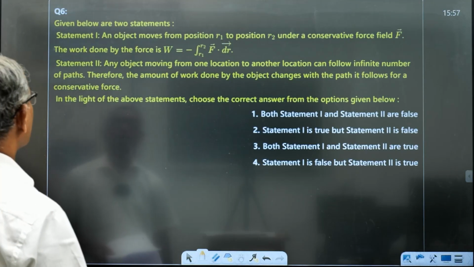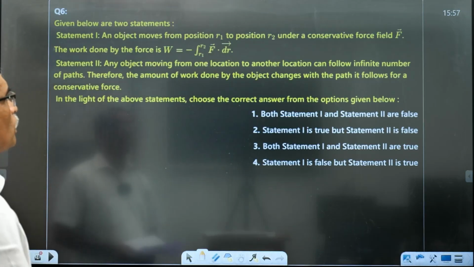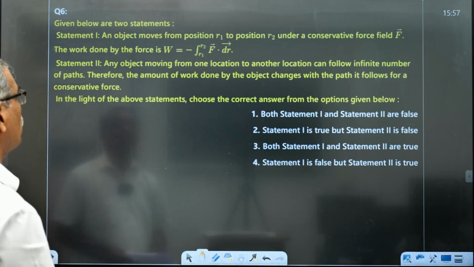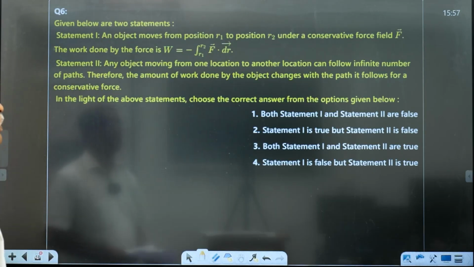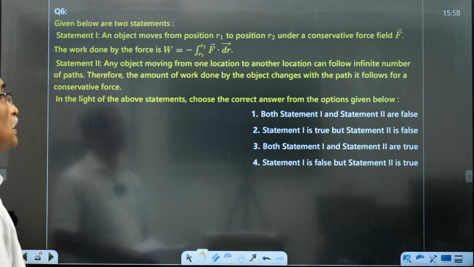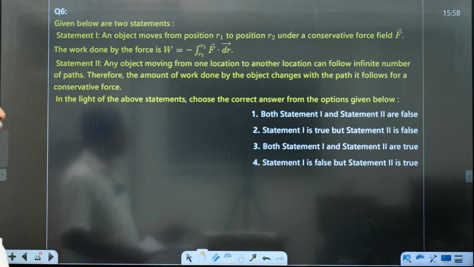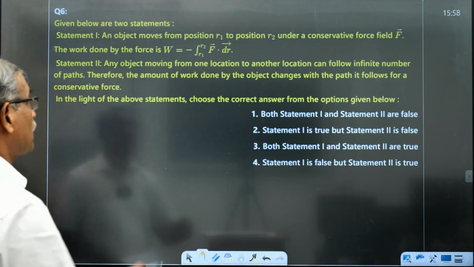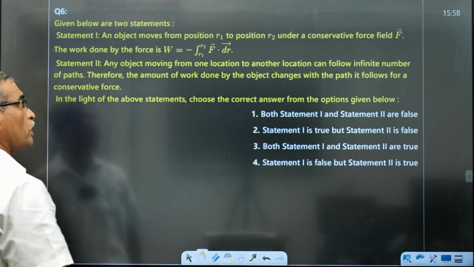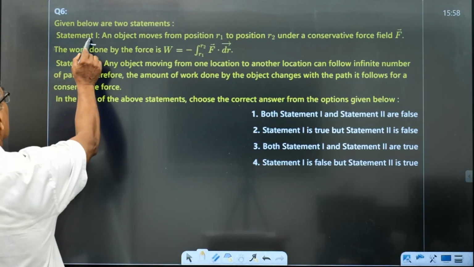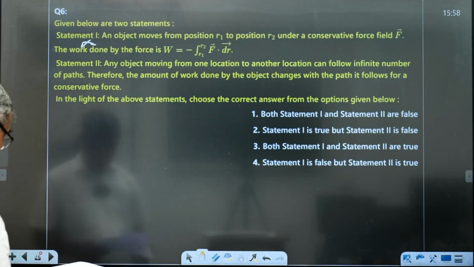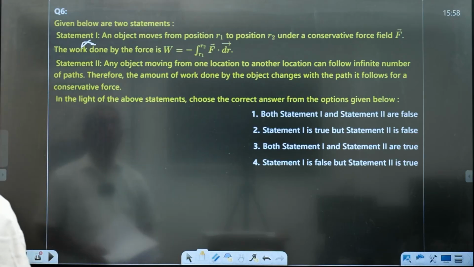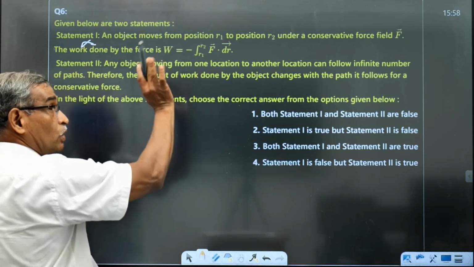Given below are two statements. An object moves from R1 to R2 undergoing a conservative force field F. The work done is given by minus integral R1 to R2 F dot dr. In a conservative force field, minus integral R1 to R2 F dot dr is the potential energy, not work done. Work done is plus integral R1 to R2 F dot dr, not minus. So this statement is wrong, because this is the potential energy change and not work done. Second one,